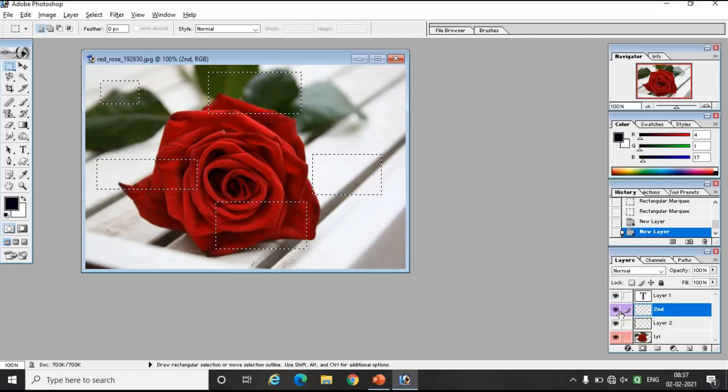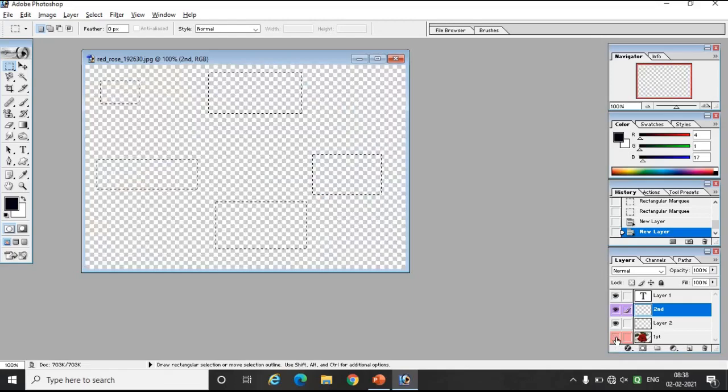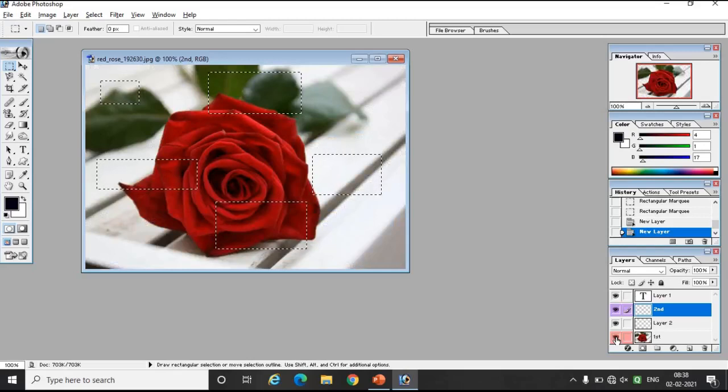Okay. Now next one is how to hide or show a layer. For hiding a layer, simply look at the eye icon here. This one is my first layer, which I renamed. It was Background, I renamed the background to first. Now I want to hide this layer. Simply click on this eye icon. The layer got hidden. Again click over there, and the layer is visible.